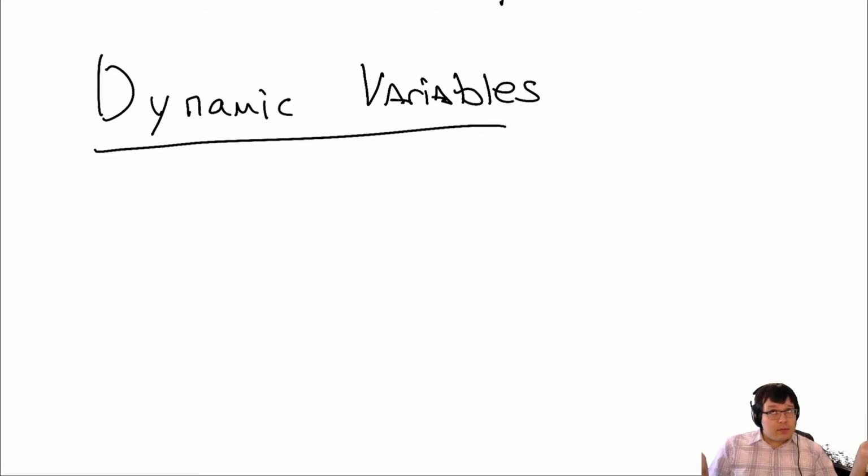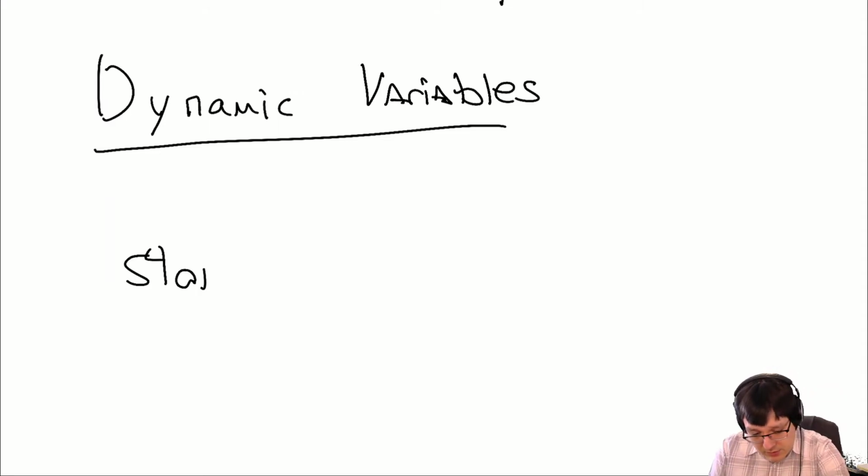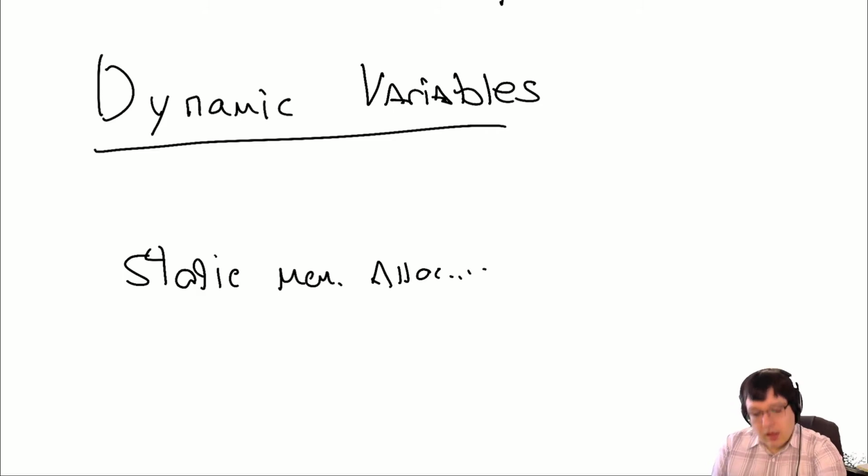Static variables or static memory allocation. Static memory allocation is better because static variables you might confuse with actual static variables. So yeah, static memory allocation. Okay? On the other hand, so let me write that actually. Static memory allocation. On the other hand, there are scenarios where it is beneficial to not have a fixed size